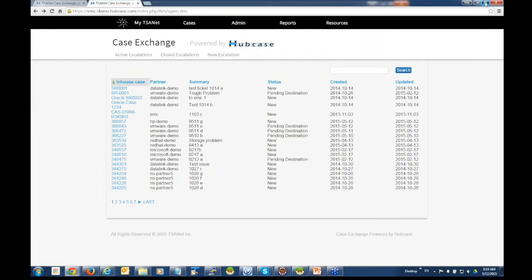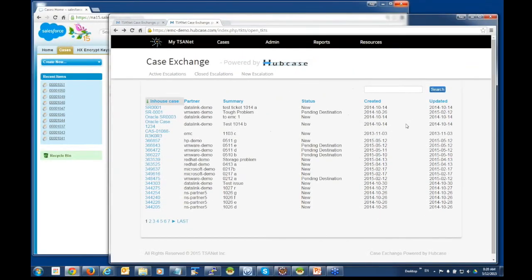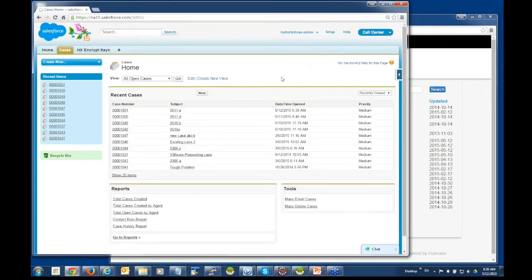Okay, so for the purpose of the demo, this would be representing EMC on the right side, and the list of cases for EMC. Okay, and we're going to start with VMware on the left. Basically, we're going to start a new case for VMware, and then VMware escalates to EMC. Okay,